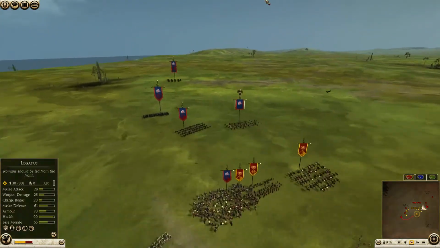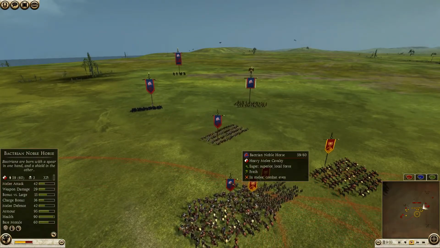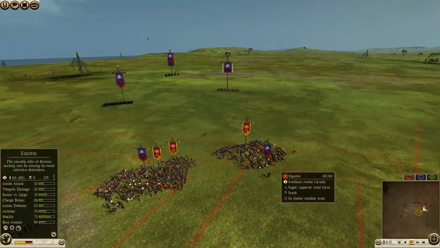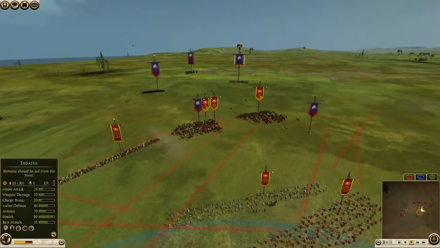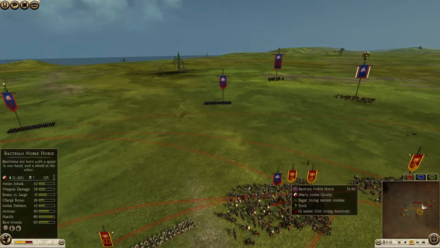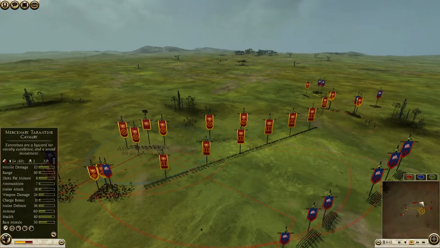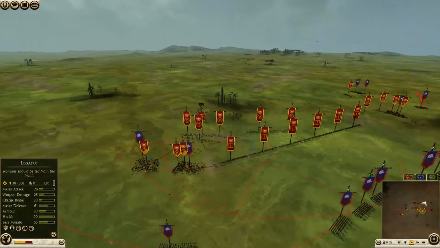But since I'm doing this, since I'm committing here, that means that these guys are free to swing around. And also here, my opponent sent in his Baktria noble horse, and this was probably just to stop my auxiliary cavalry from being able to support anything. And the same with the equites here, probably just charging to stop them being able to support anything. Now, I am firing here at the Baktria noble horse. They are taking damage. But now I have a pretty big problem, because my opponent has 4 cavalry